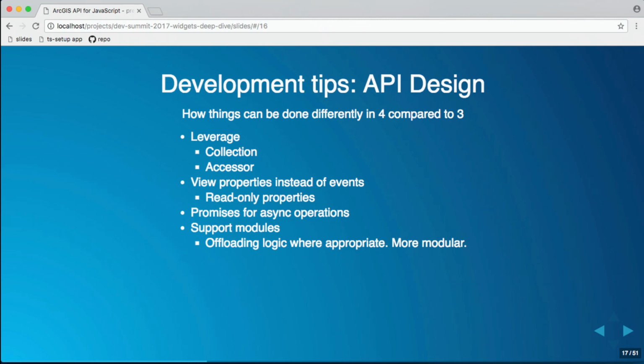In order to support this, we already have some very useful classes that we can take advantage of. For example, Accessor is pretty much the core of all of our classes. And just by using Accessor, it gives us access to a really good set of features. For example, you can watch for properties. Any properties you define on your widget or your class, anything that extends Accessor is watchable, so you can track if it changes. Whereas in 3x,